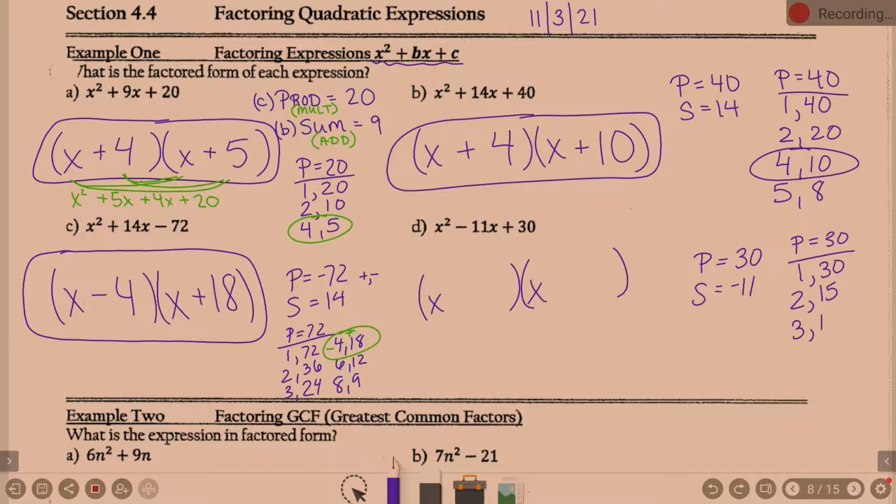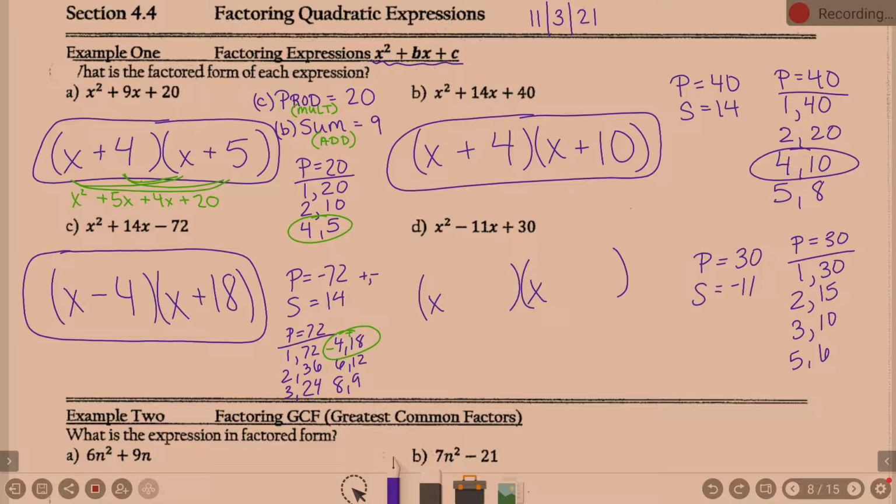4 and nothing. 5 and 6, and then we say 6 and we're done. Okay. So it's